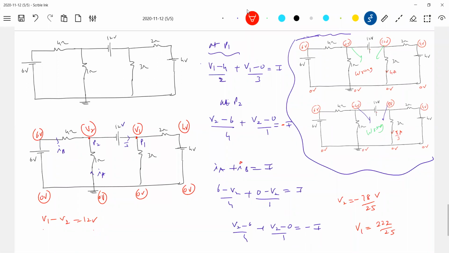Is it a 12 volt difference? Yes, sir. It is not in the syllabus, but numerical